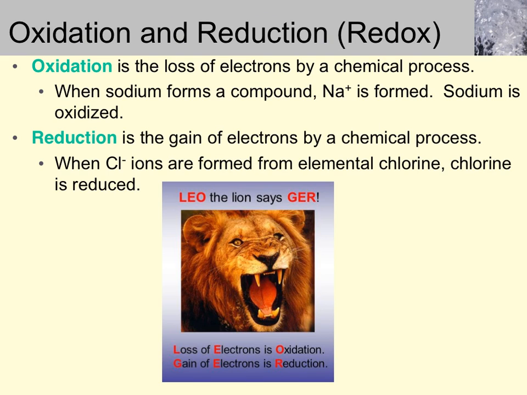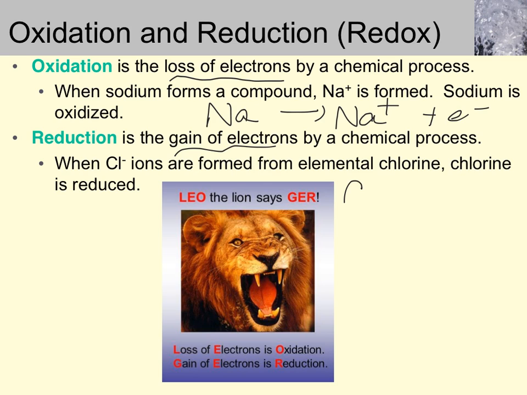So as a reminder, definitions of oxidation and reduction, that's what all electrochemical reactions have in common. Oxidation means the loss of electrons. For example, if sodium metal gives up an electron and forms sodium cation, that is an example of oxidation. Reduction is the gain of electrons. So the nonmetals tend to gain electrons just as the metals tend to lose them. So chlorine, for example, can pick up an extra electron because it's electronegative, and that would be an example of